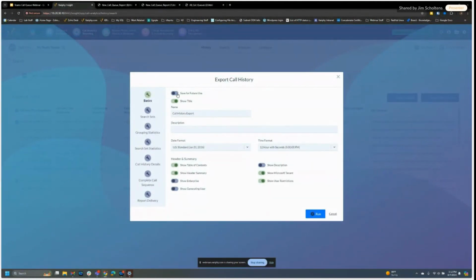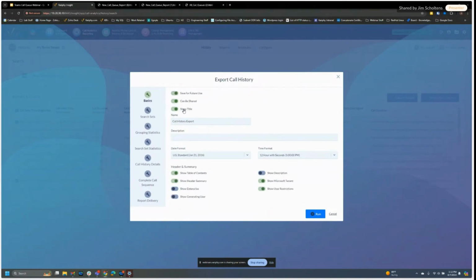The only difference is coming from the history screen, we do give you the option to save this for future use. Give it a different name other than call history export. Otherwise, it's going to be like my lab and have 10 reports all named call history